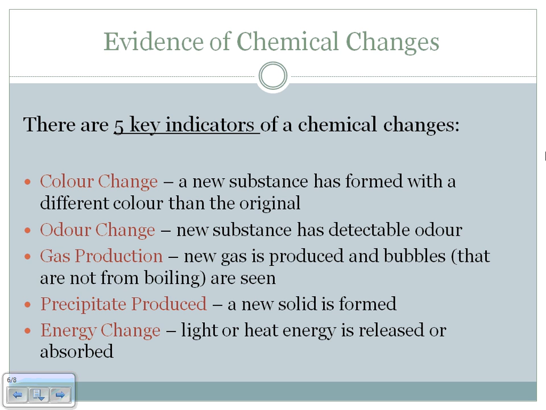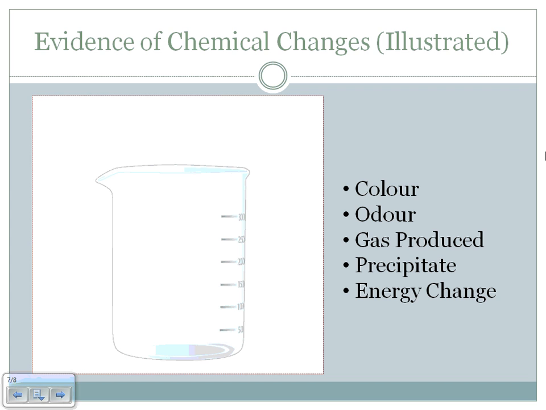And an energy change. If heat or light energy is released or absorbed, then you definitely have a chemical change. So those are your 5 indicators. You need to know those because you need to be able to tell me if something is a chemical or a physical change. So if we sort of draw these chemical changes in,